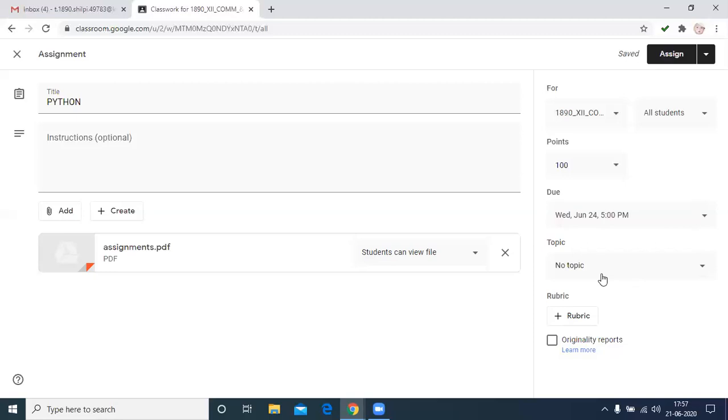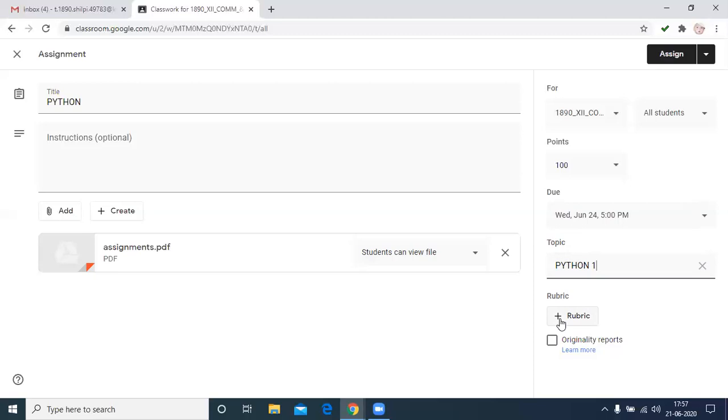Then create a topic. For example, this is Python 1. This is the heading. Then there are more options. The first one is rubric. This is used when we divide the marks into some topics or particular things.